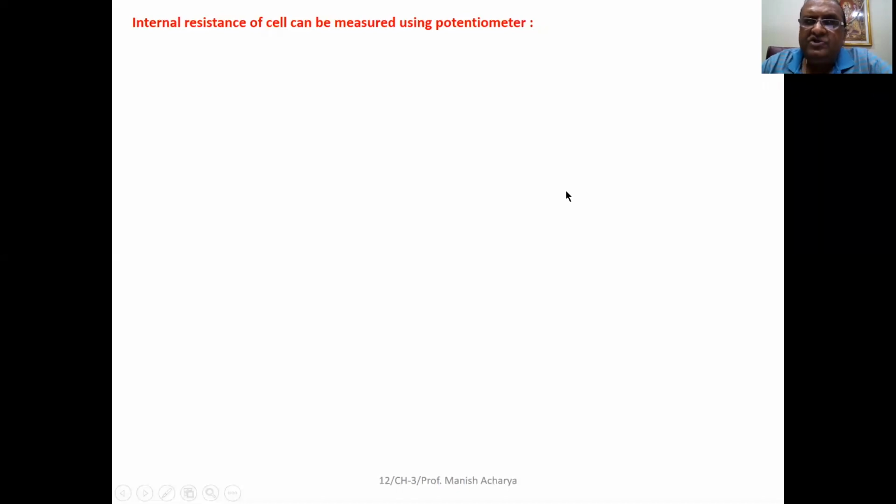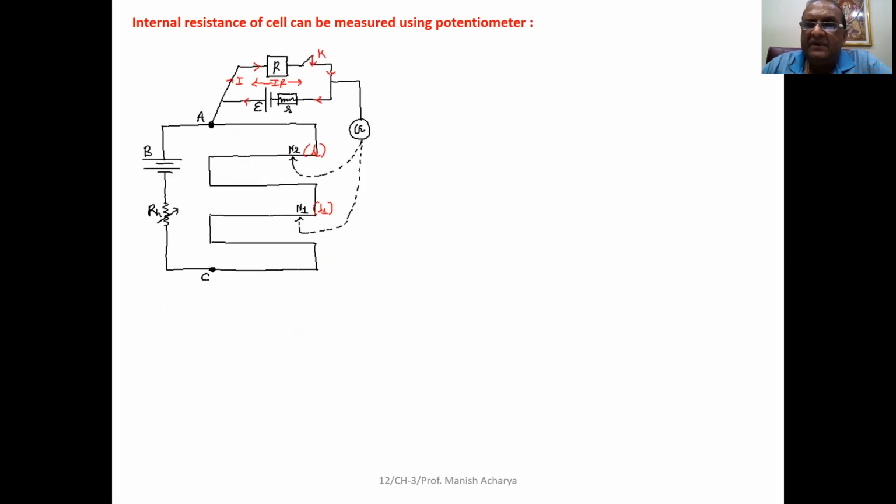Now using a potentiometer circuit, one can find the internal resistance of the cell. Now see, to find out the internal resistance of the cell, we have to prepare the circuit as shown in the figure. See, A to C, that is the potentiometer wire, then the rheostat, this is the driving battery, which is operating the